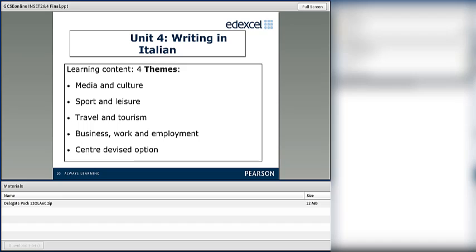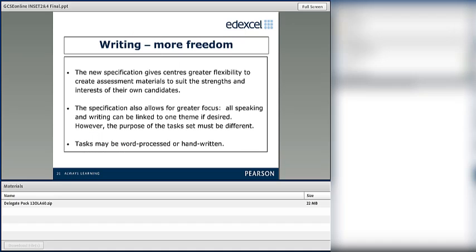So the themes are the same as we've seen for the writing: these 4 themes plus the sentence divider option, if you like. Obviously that allows you the chance to stretch and challenge and suit the material to your students' ability or interest much more than a traditional final exam. The students are required to take 2 controlled assessments, 2 writing tasks. They can be word processed or handwritten as they like, but if they are using a computer, you should make sure that they haven't got access to spell checks or similar functions.